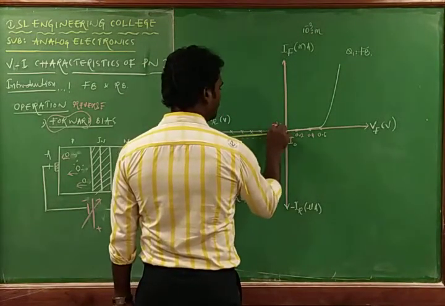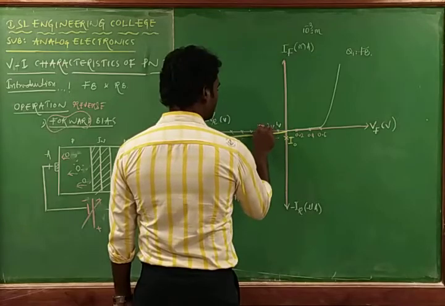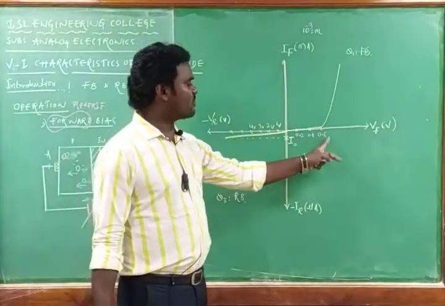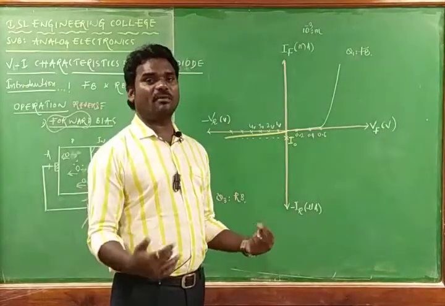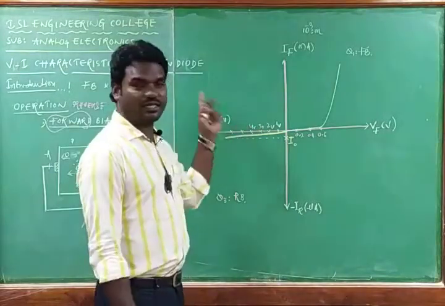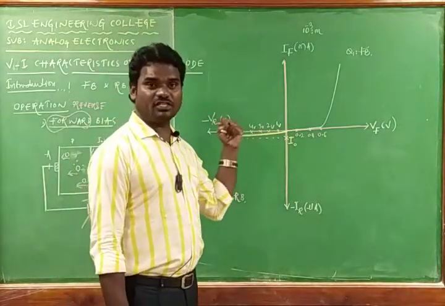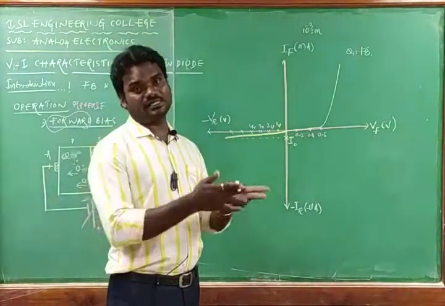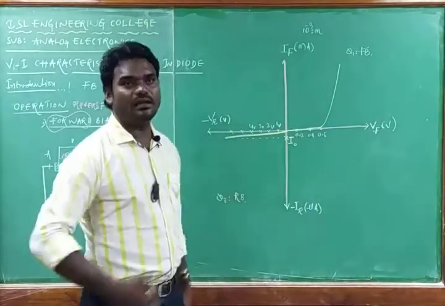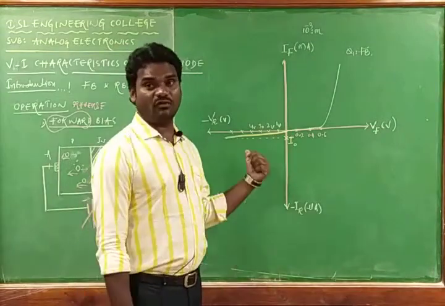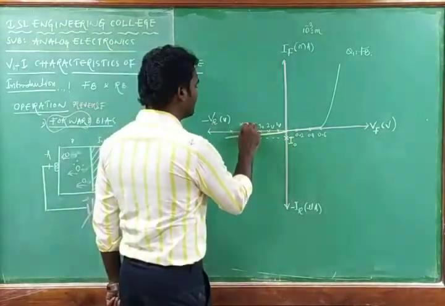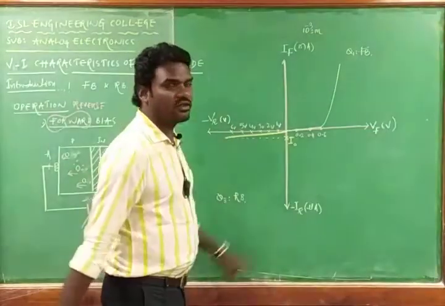This is 1 volt, 2 volt, 3 volt, 4 volt, whereas here we applied 0.4, 0.6, because we know that in forward bias it can conduct the current at 0.6 only, so there is no need to take 1 volt, 2 volt, 3 volts. Whereas in the reverse bias, as you apply the voltage, the depletion layer keeps increasing, so we operate the PN junction diode at high voltages. Even at high voltages, it conducts a very small amount of current.